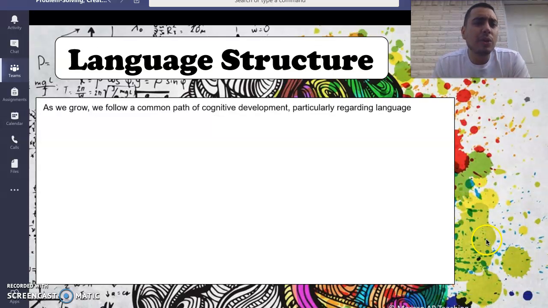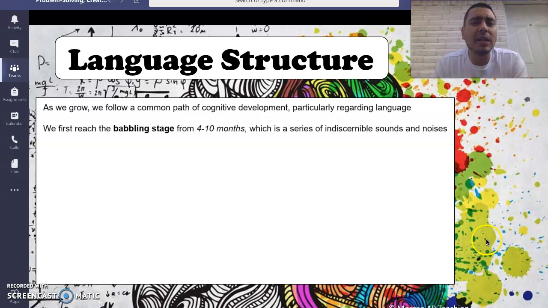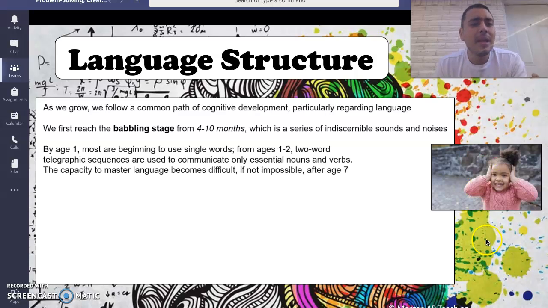Awesome. So as we grow, we also follow a common path of cognitive development, particularly regarding language. We first reach a babbling stage from about 4 to 10 months, which is a series of indescribable sounds and noises. By age 1, most are beginning to use a single word, right? From age 1 to 2, we begin to actually start using those words. Two-word telegraphic sequences are used to communicate only essential nouns and verbs. The capacity to master language becomes more